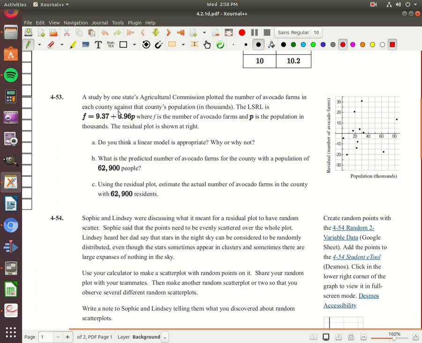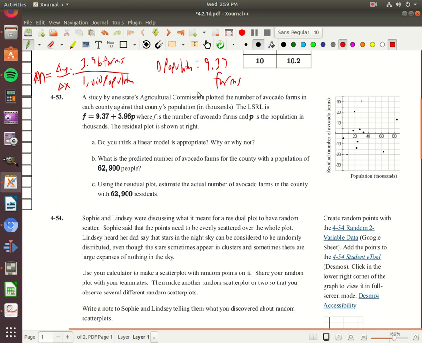So if you think about what this equation says, again, we're saying y, or output, is farms: 3.96 farms for every 1,000 population. And that makes sense. The more people live there, the more farms you'd want. So again, my slope is change in y over change in x. Hopefully that makes sense in context. And my y-intercept tells me if I had 0 population, or 0,000 people, I would have 9.37 farms, or 9.37 avocado farms. So just in context, making sure that we're all okay with what this